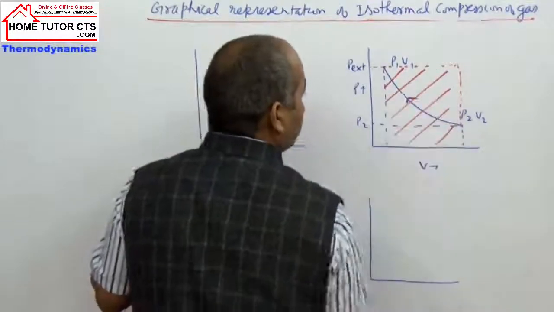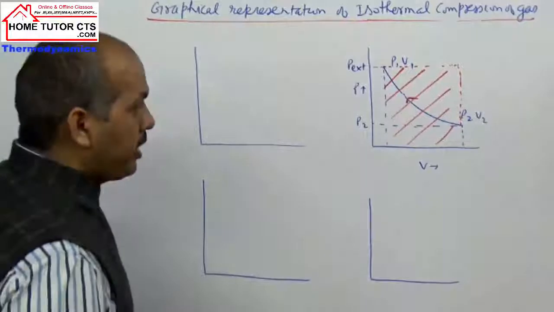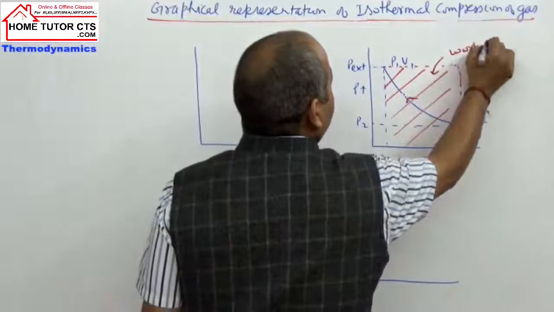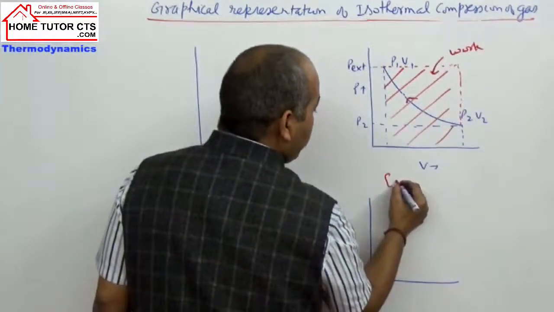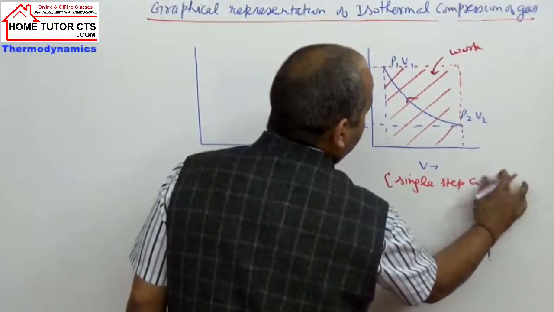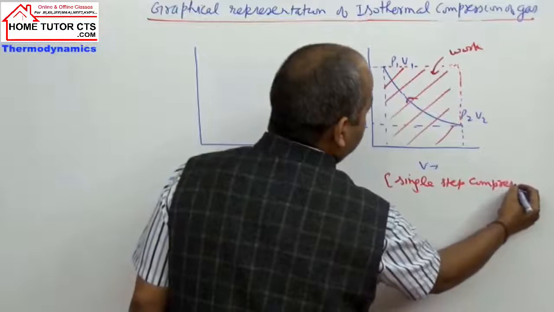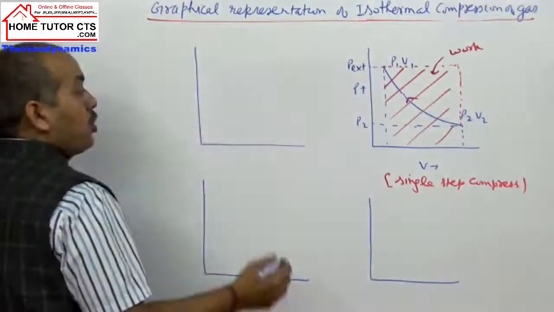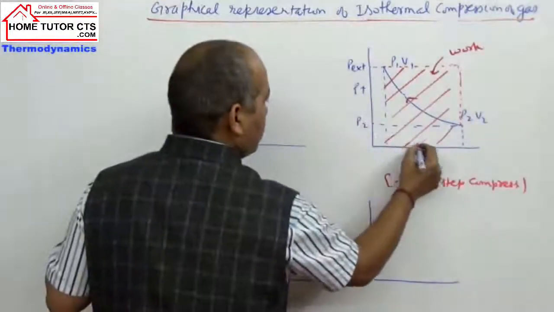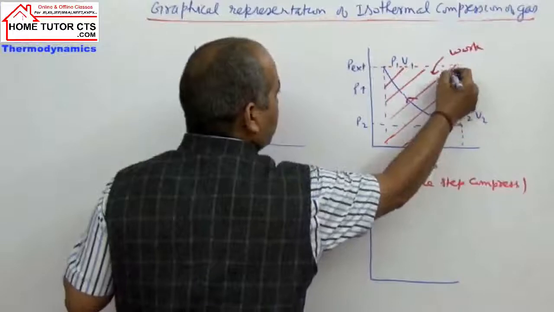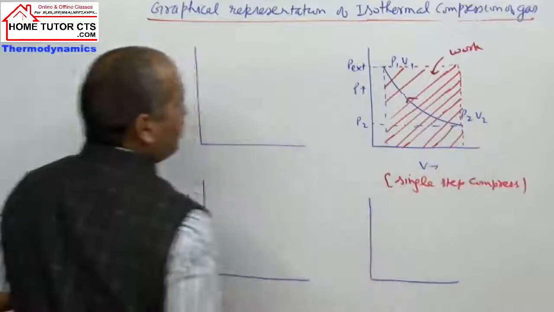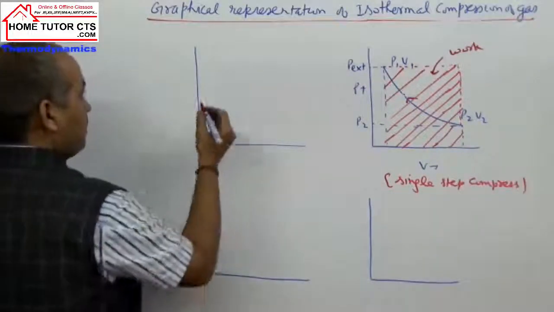So in compression the area in the graph is very high. Anyway, this shaded portion in the graph will give the work. It is what we can take here, a single step compression of the gas. If you take two step compression, if I take two-step compression of the gas,